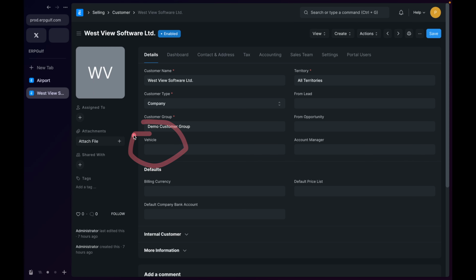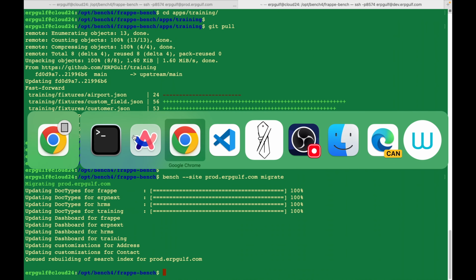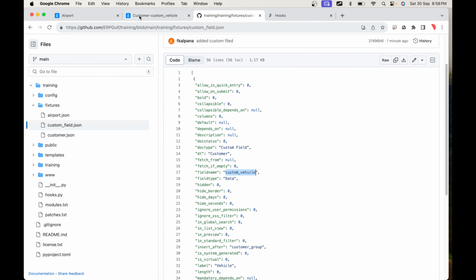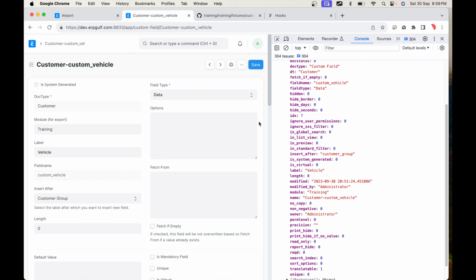So that's how, okay, that's how we are copying the field. Any field changes, we are copying to this one. Now